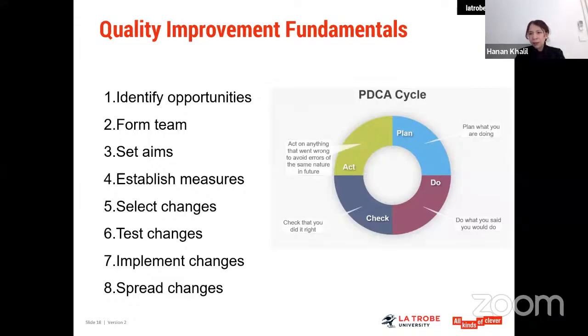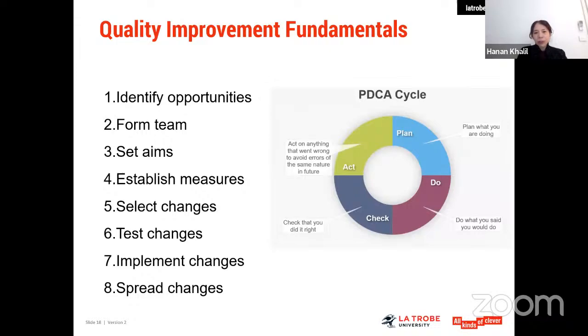And there are some variations of this cycle, and there are 8 steps in there. The first one is to identify opportunities. Think about a project that's meaningful to your organization. Sometimes it's good to find a simple, easy project, but something meaningful, something that's going to be important to your organization, will be able to have the engagement of leadership and have people interested in it as well. Set your aims. Make sure that you've got aims that are clearly articulated, and the reasons for that, and also the gaps and the rationale for choosing your aim.